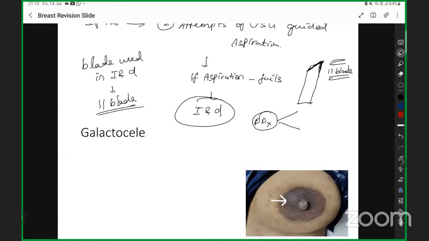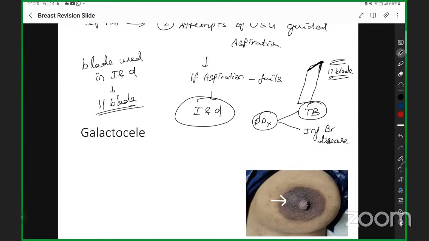Two differential diagnoses. Either it can be tuberculosis, so TB, my presentation will be there. Number two, it can be inflammatory breast disease. I guess we have discussed this in the first part. These are the two non-healing breast abscesses that are found. So if they ask you a 2-mark question in your exam on the differential for non-healing breast abscess, the answer is going to be TB and inflammatory breast cancer.